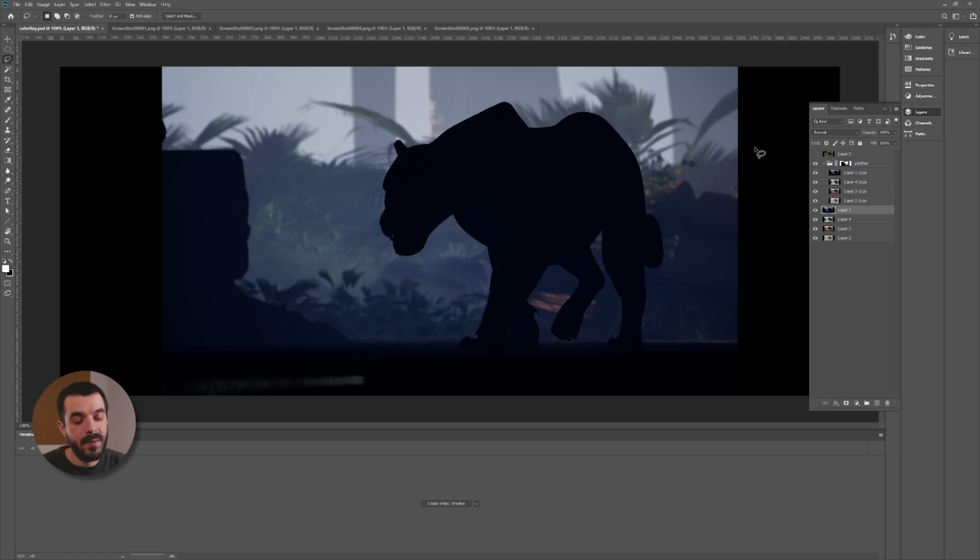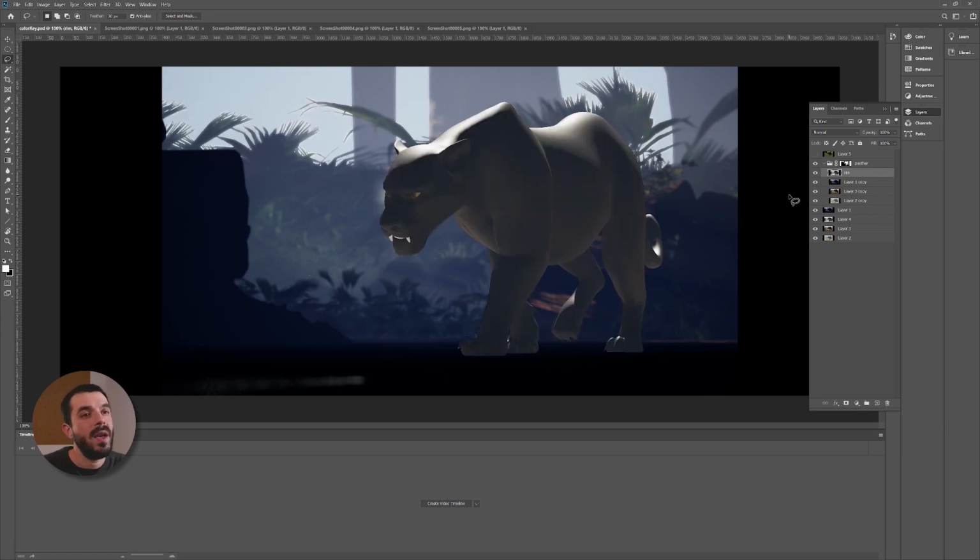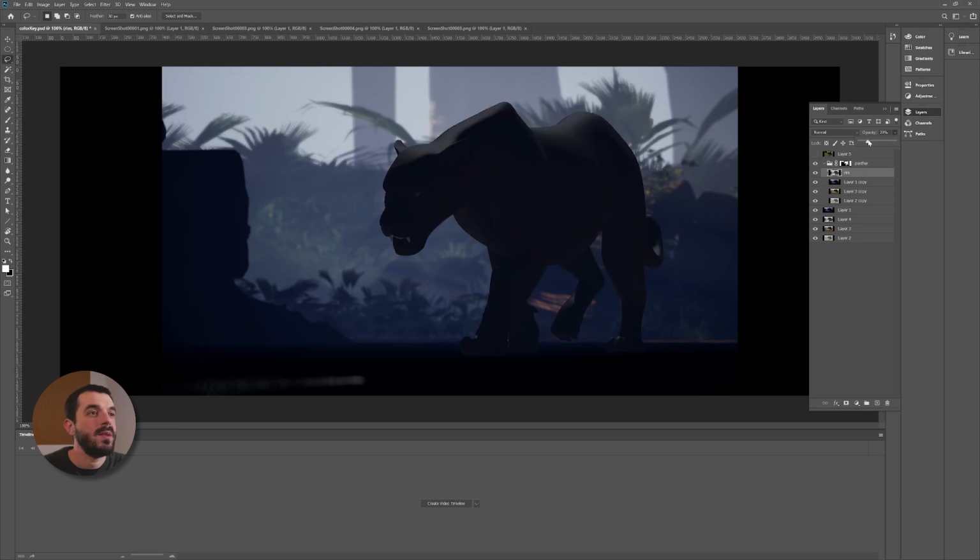as a starting frame. So now I can grab what used to be my rim light in there and just bring it over the panther. And you see that now the panther comes out of the frame a little bit more, but that's a bit too strong. So I'm going to just reduce the opacity so that the panther will be indeed pretty dark, but it will be still a rim light